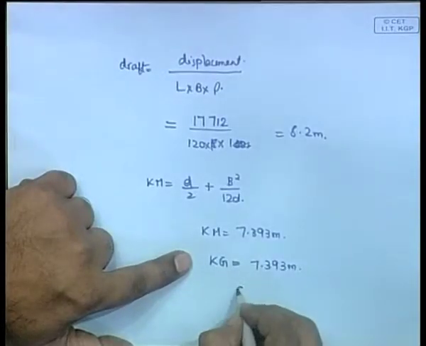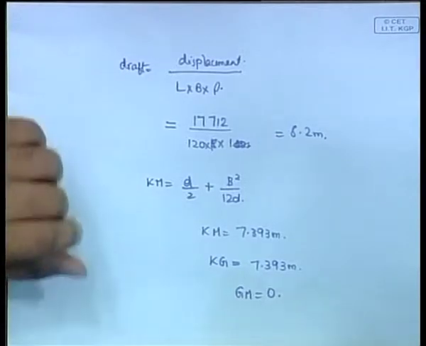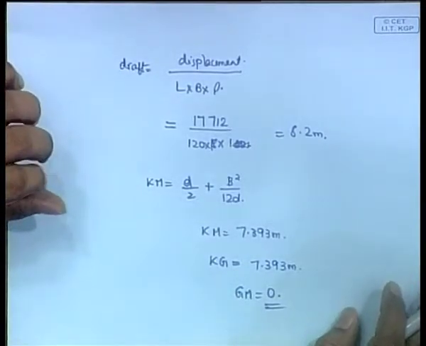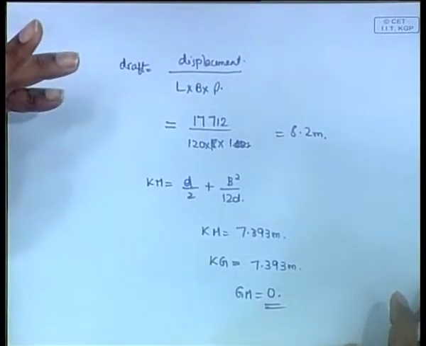This is a particular type of problem, a special case, if you remember, where Gm is equal to 0. This is that case, Km has become equal to Kg. By coincidence, Km has become equal to Kg such that Gm equals 0. So, now the question is how do you find the angle of deck edge immersion from the data given. Let us see.